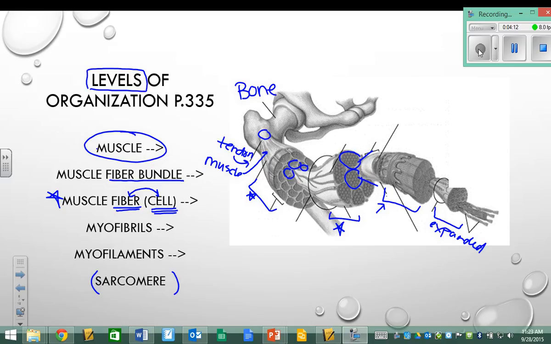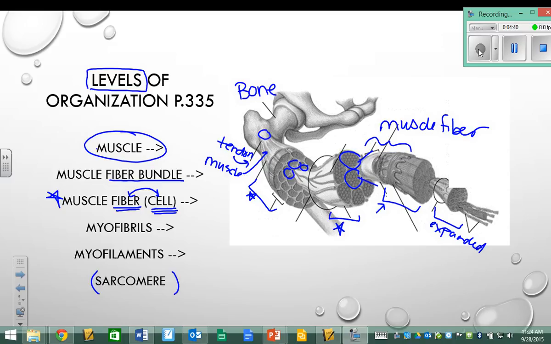What's unusual here is that muscle fibers, or muscle cells, have a whole bunch of little subcomponents. Normally, when we get down to the level of a cell, that's pretty tiny, but muscle cells are actually pretty big, sort of in the grand scheme of things. Each muscle cell, so this section here is your muscle fiber, your muscle cell,